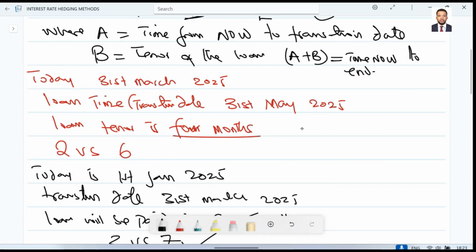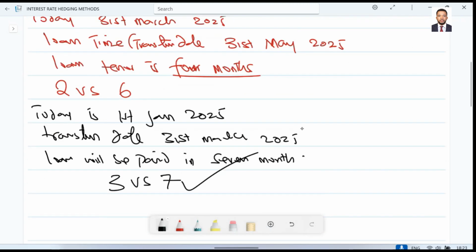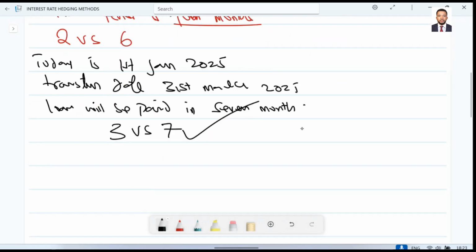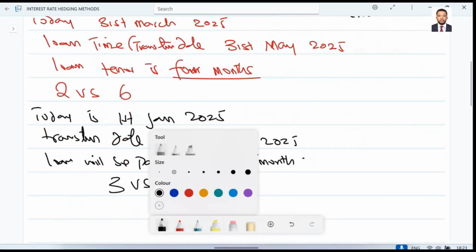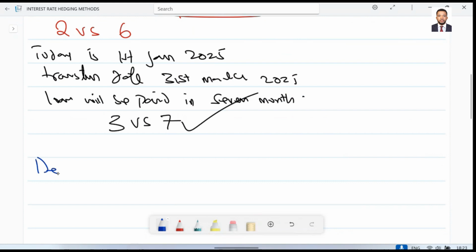Yes. So they are not the same. The other one is counting from today. The second one is counting from the tenor of the loan. All right. Okay. So the next step, after determining the relevant FRA, is to determine